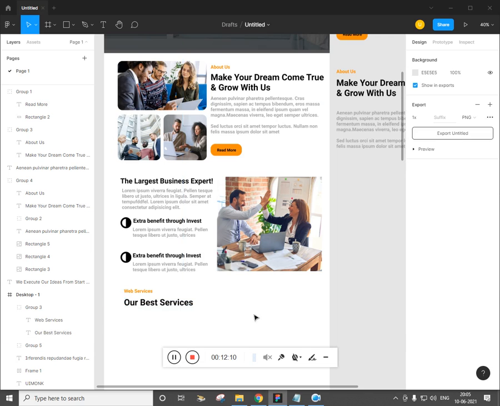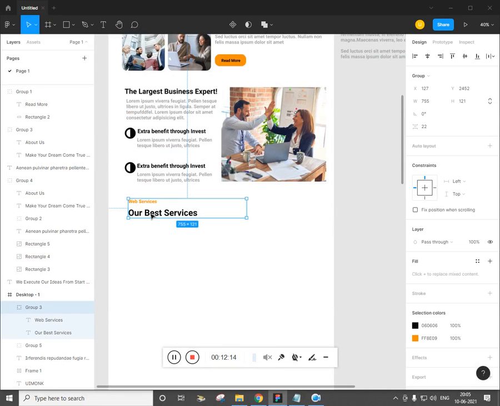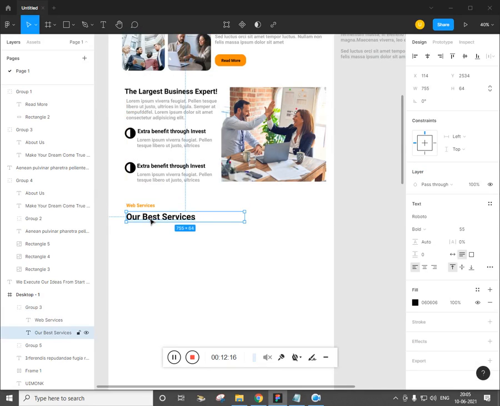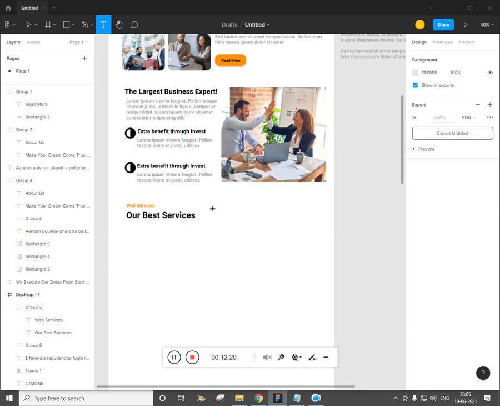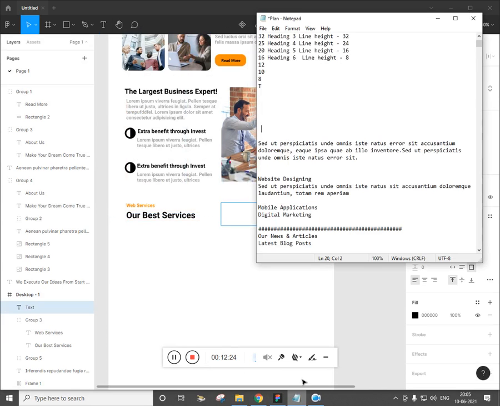Now what we need to do is type T, just drag it and paste the text.